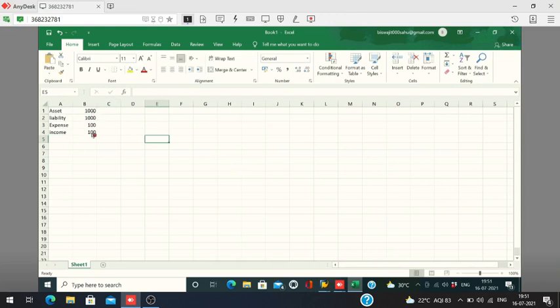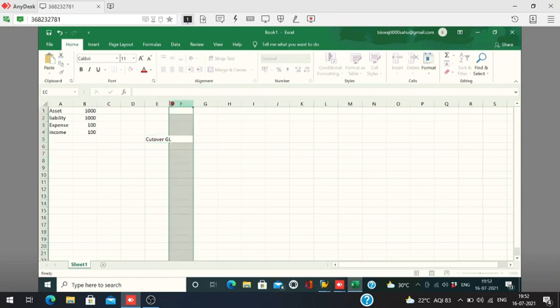This is your initial entry. So what I'll do is create one GL account, a cutover clearing account. Cutover means it is an opening balance GL account.